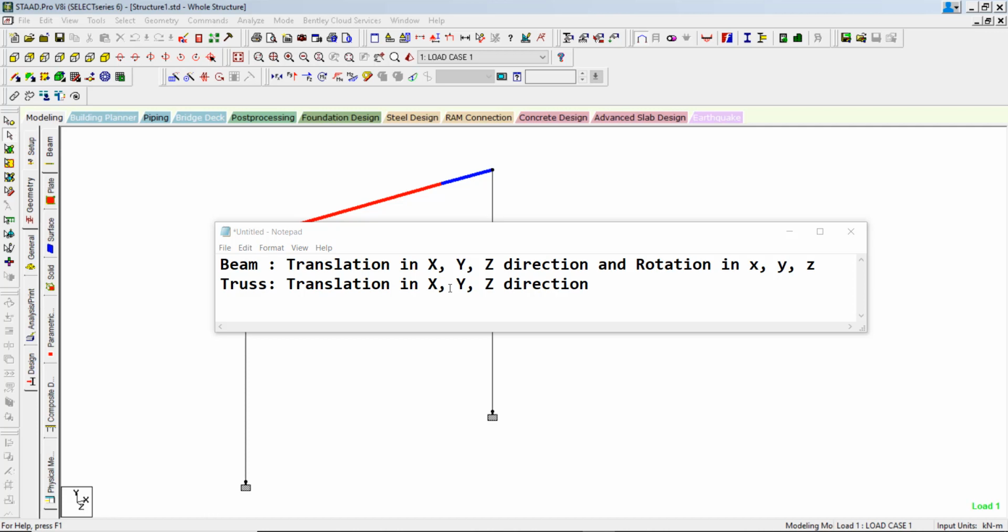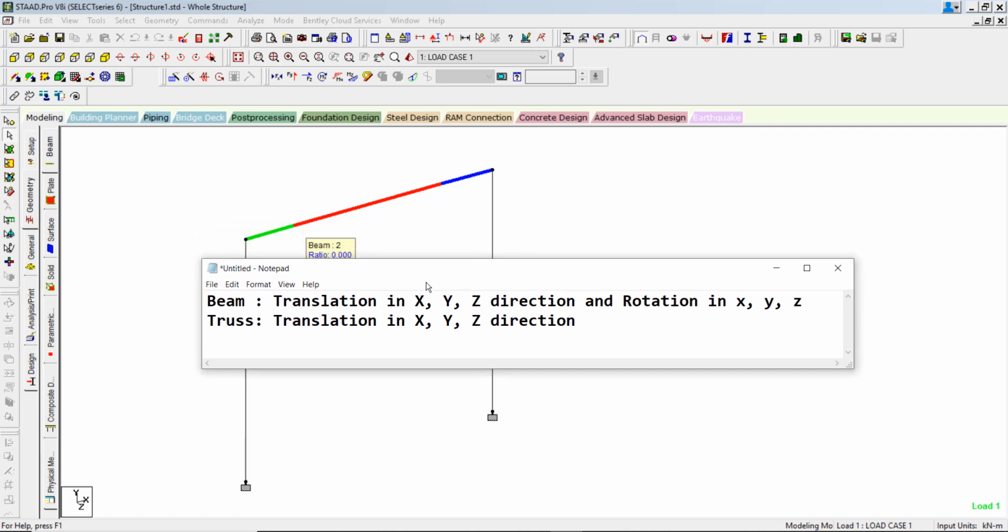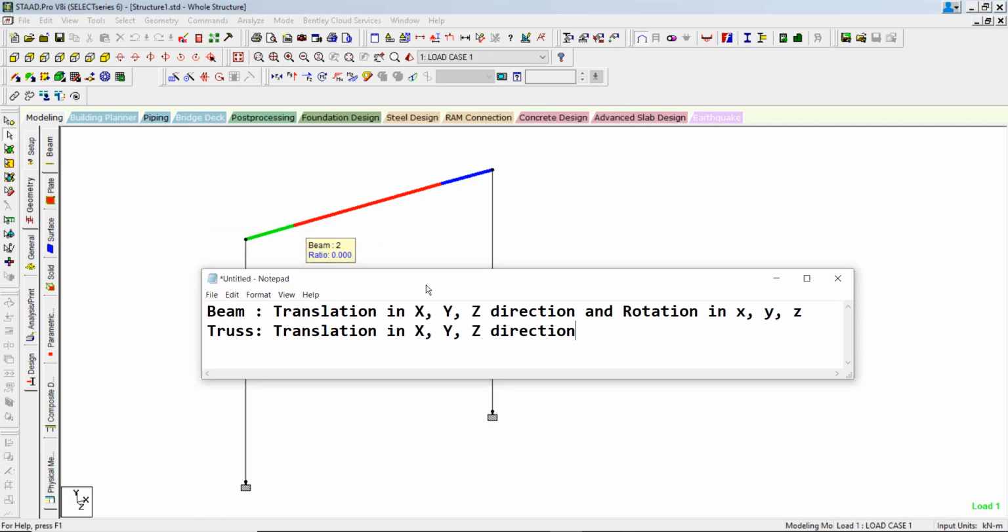So if you talk about the degrees of freedom, a beam has 6 degrees of freedom, a truss has 3 degrees of freedom. That means a beam, from a force point of view, has Fx, Fy, Fz, and Mx, My, Mz as the moments,